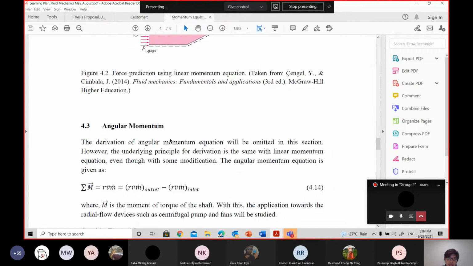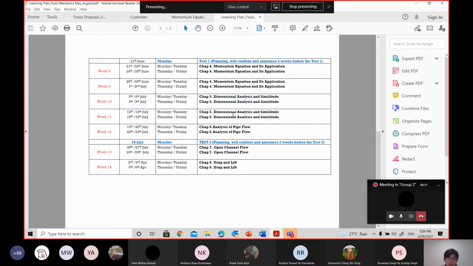Learning plans. So today we are going to, today is 29, am I right? Yes, we should be able to finish chapter 4 by today's class. On your Thursday, on your Friday class, hopefully I've marked all the papers and I'm going through your assignments and also test 1 questions. So in the meantime, please go and redo your questions. Make sure you know how to solve them. Next week onwards, I will start chapter 5. In fact, for chapter 5, I need only 3 classes. You should be able to do the dimensional analysis.